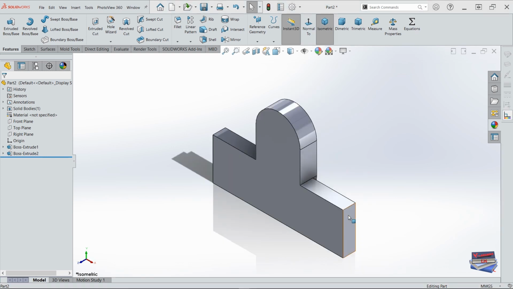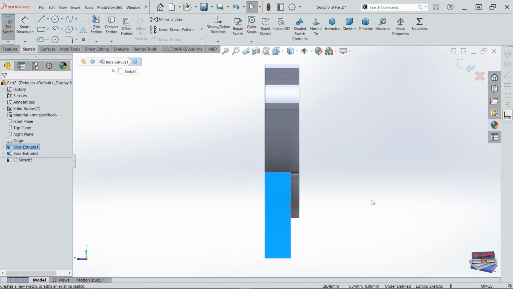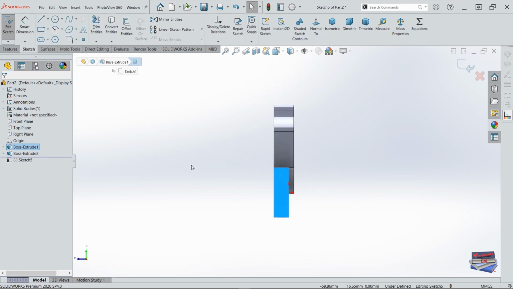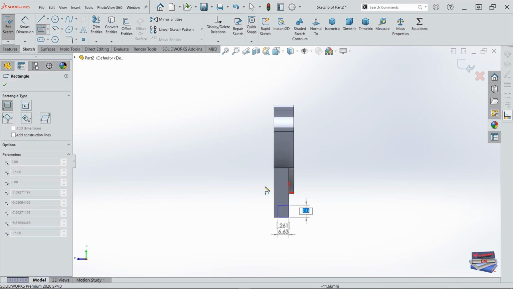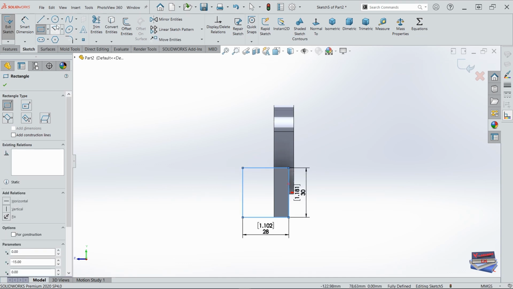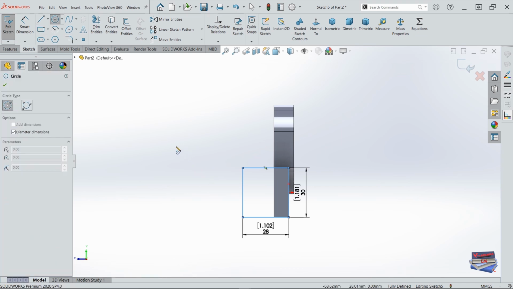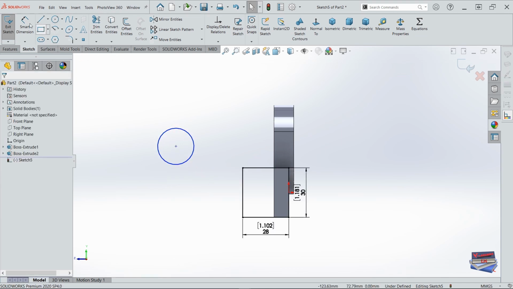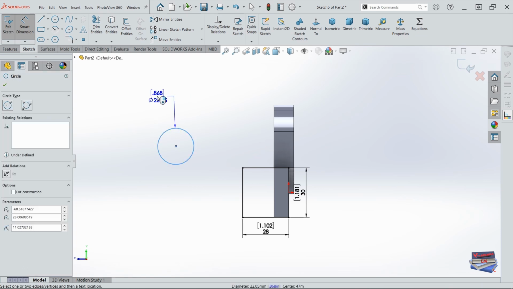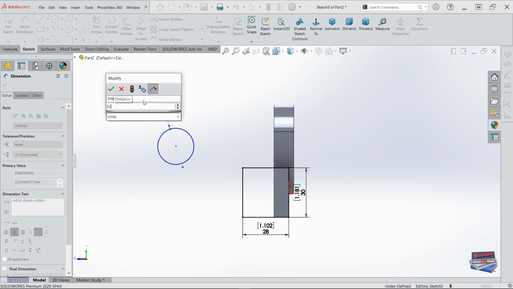Let's click on this face. Let's create a sketch. Let's go to our corner rectangle. Let's click on this point. Let's make the height 30 millimeters and let's make the width 28 millimeters. Let's go to circle. Let's draw a circle anywhere here. Let's give that a diameter of 32 millimeters,